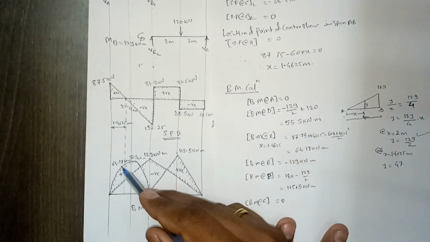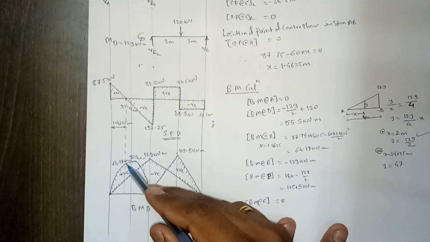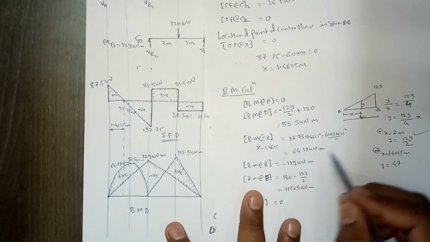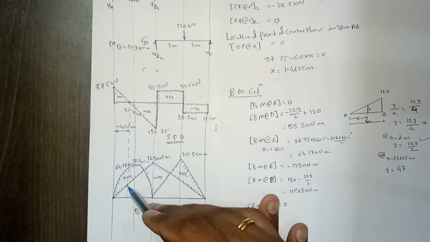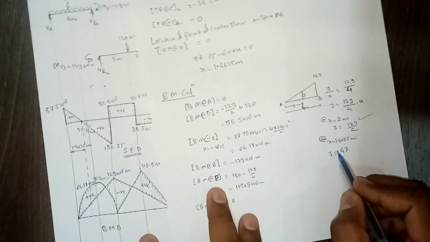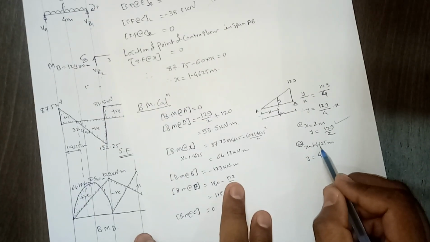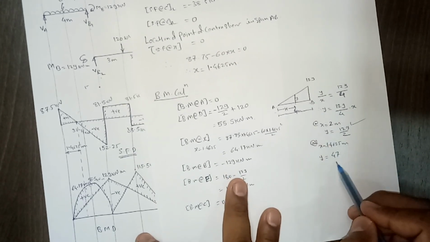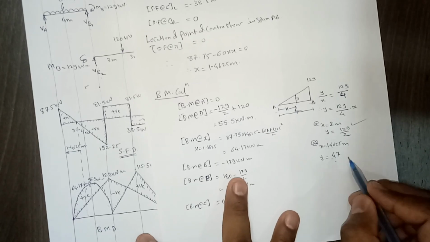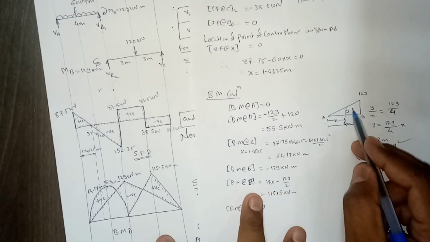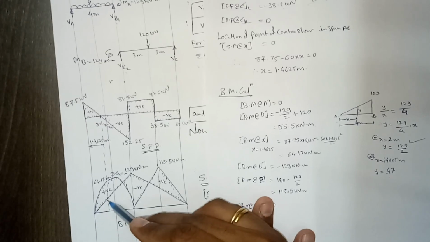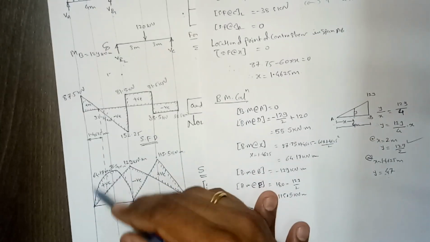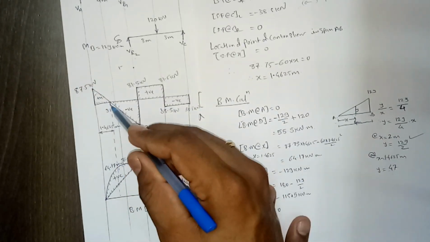Similarly, we can calculate the bending moment at the location where we are expecting the maximum value, right? So then we should calculate this negative bending moment at the location of x equal to 1.4625 meter. If you calculate from this interpolation, then it is 47. This 47 is a negative value, it is the negative bending moment diagram, right? This triangle is the negative bending moment diagram, and the positive value we don't know, but otherwise we can directly calculate it also.